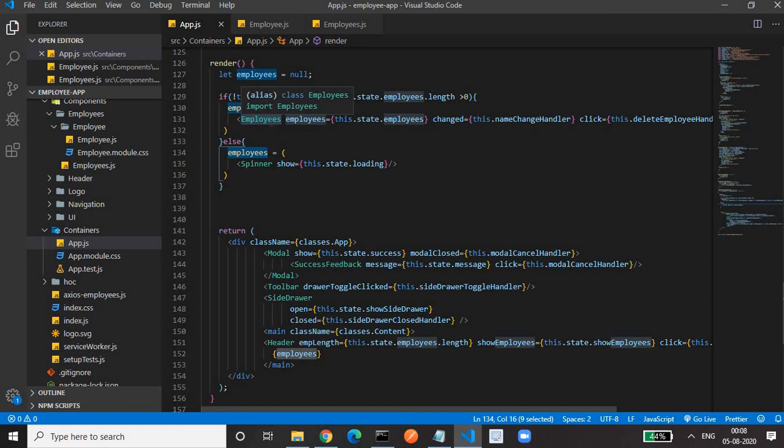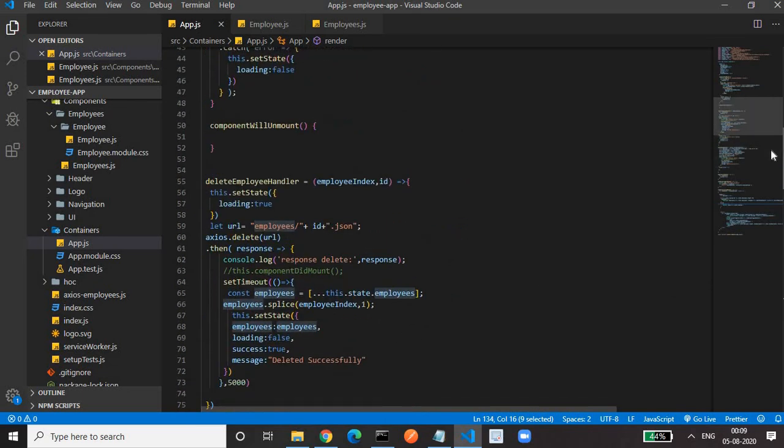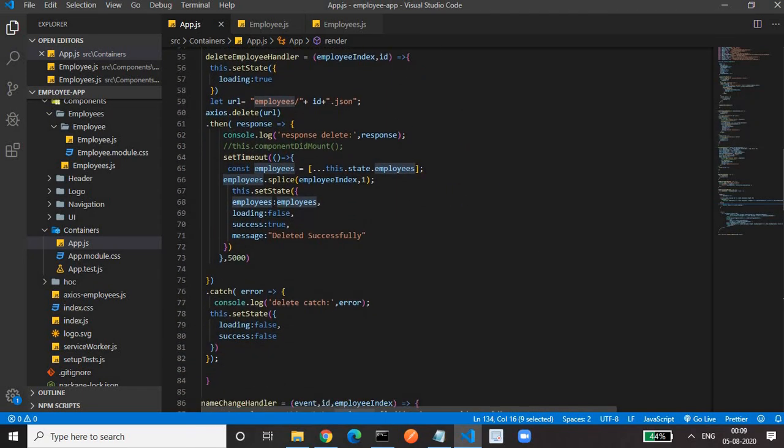Correct. So this is all related to what we have seen: get request, put request for updates, and delete request. Likewise, we can also have a post request if you want to create a new employee. Okay. So next we'll see how we can handle this Ajax error. For handling the error, we have a catch block. Chaining to the then block of the promise, we have a catch block in which we can handle the error. We can give an alert message to the user if we get some error. And this catch implementation we have to do in all places.